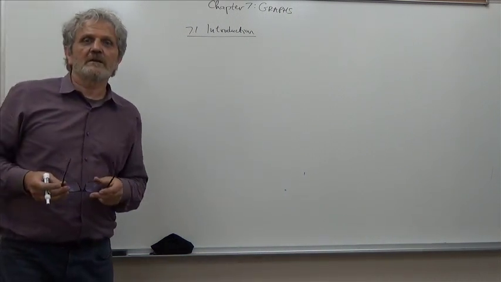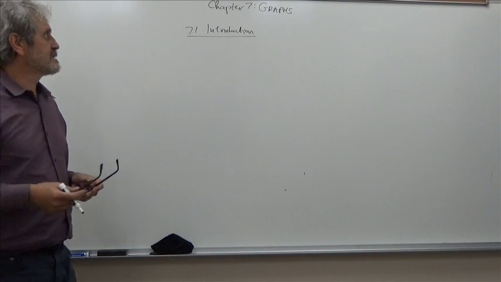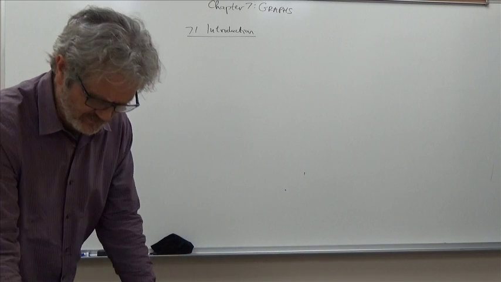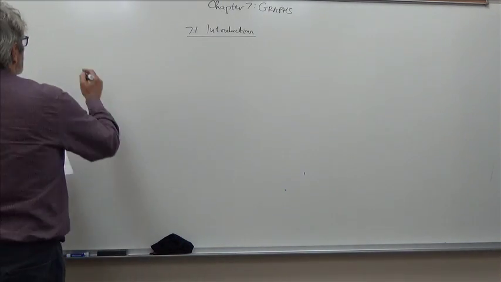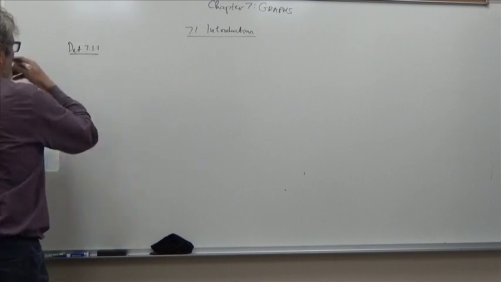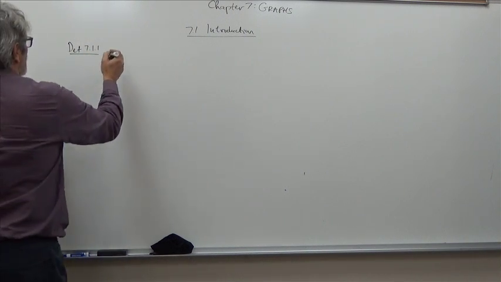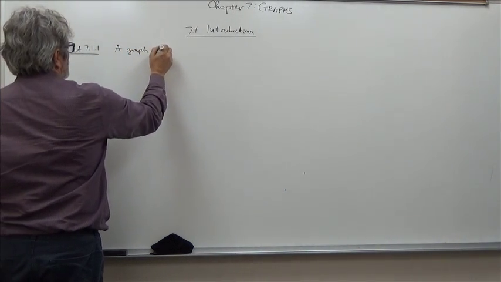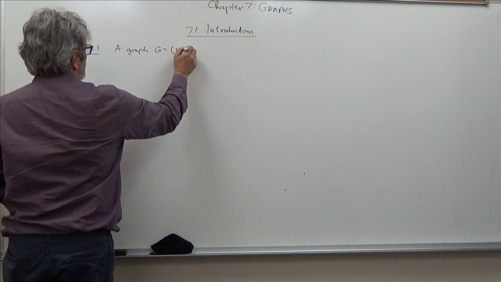Today we start chapter 7, which is about graphs, and we start with the introduction where we just introduce the main notions about graphs. So here's the definition, 7.1.1, and it says a graph G equals (V, E)